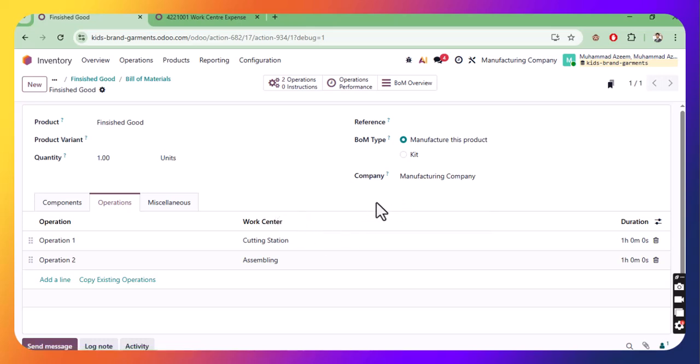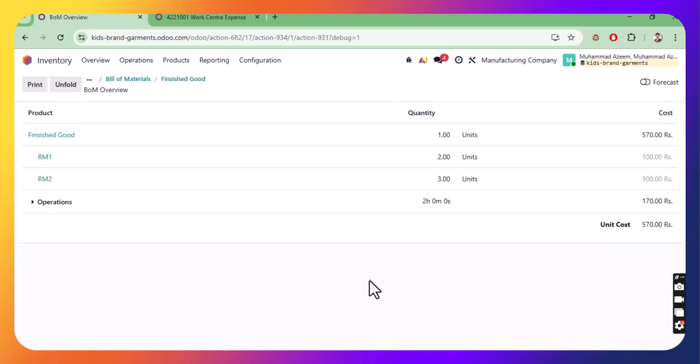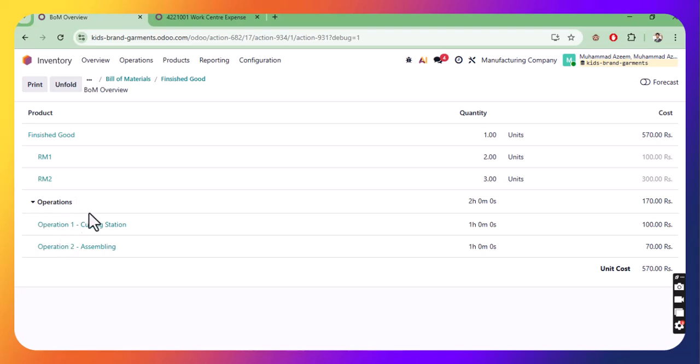Now if I click on BOM overview, it will give me the cost of the materials. Click on overview. So it is telling me the material unit cost of all the components. And if I click on operations, it is also telling me the operations cost, the estimated cost will be 100 for the cutting station, assembling is 70, and then for the finished goods, for RM1 we are consuming 2 units, 100. RM2, we are consuming 3 units, 300. And going back,